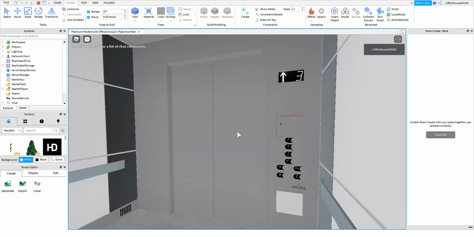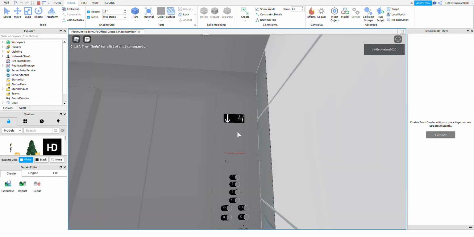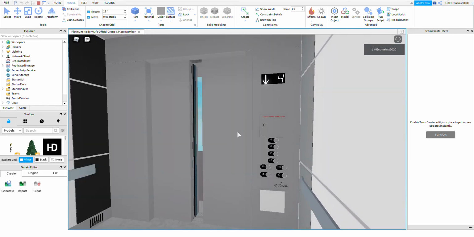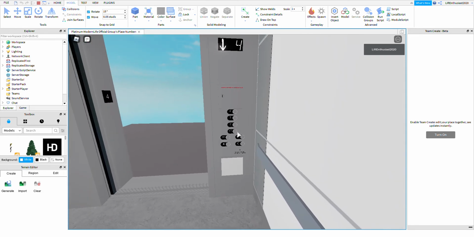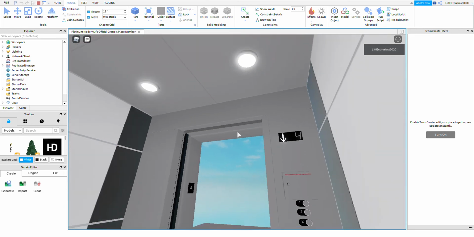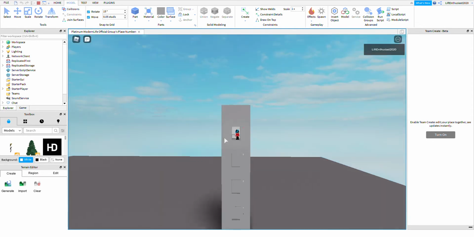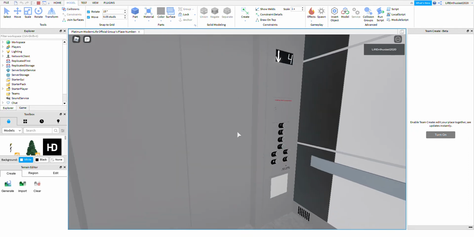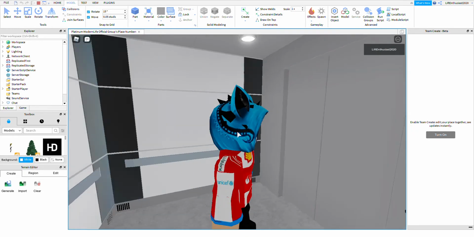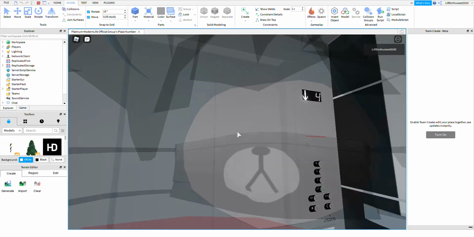Yeah, so far it's working. As you can see, you don't need the rails really, but it does pre-doors, this lift does. And look, it's displaying 4 on the indicator, so that means we have successfully wired up this lift. So that's how you add floors to a Cortex lift, guys. It's quite simple, but not as easy as Cobalt Plus.